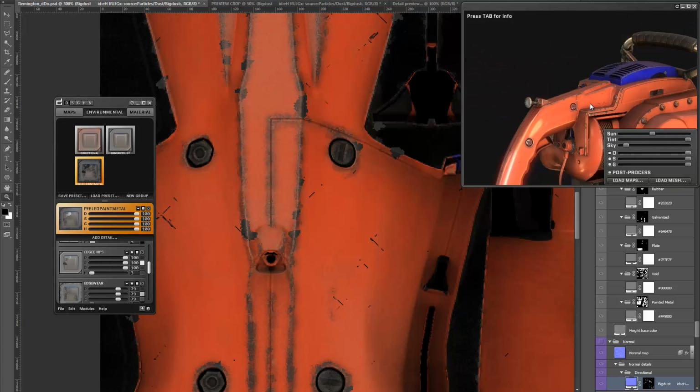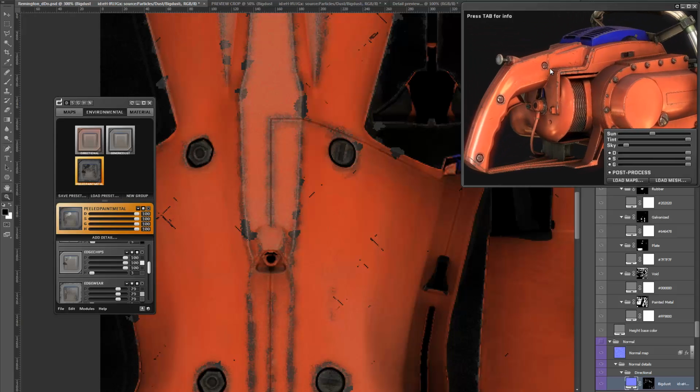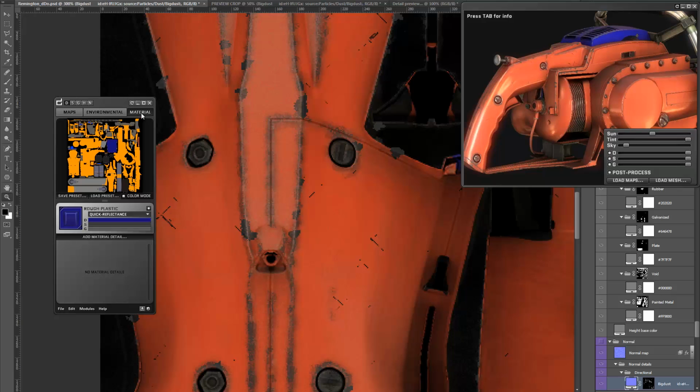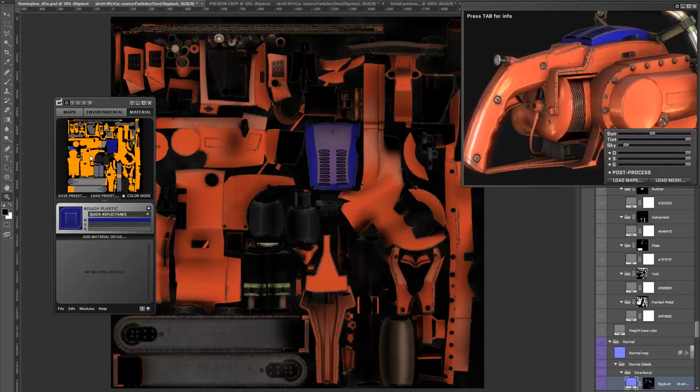Looking really awesome. So now that the environment is a lot more acceptable, I'm gonna be going into the material tab. And the material tab works very similarly to the environmental tab, in the sense that you can add details and so on. But as I said before, the details are only applied in the selected detail group, material group. If you hover over these different areas on the color map, and this is the color map you specified in the automation hub, you can see here it says painted metal, plate, rubber, rough plastic, just like we specified in